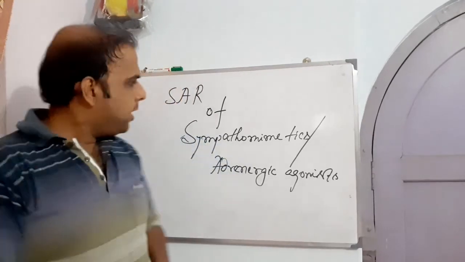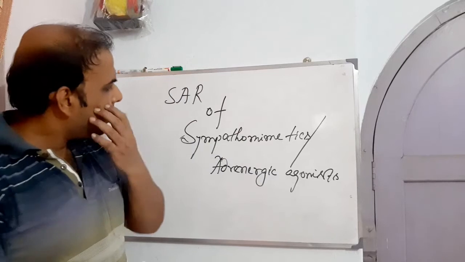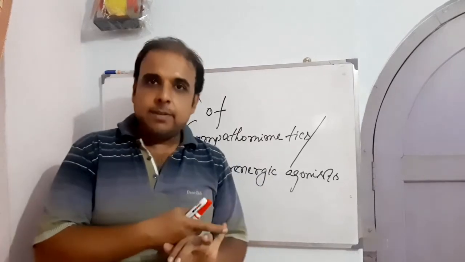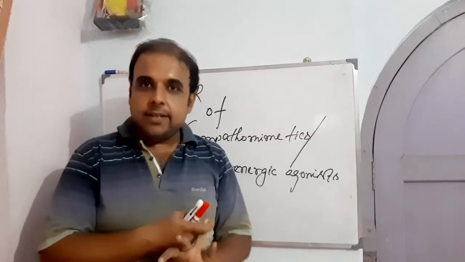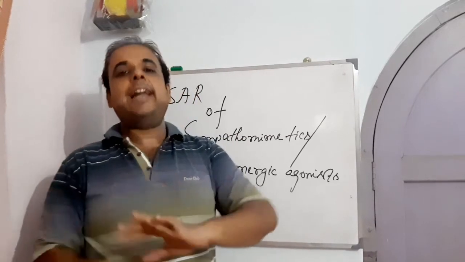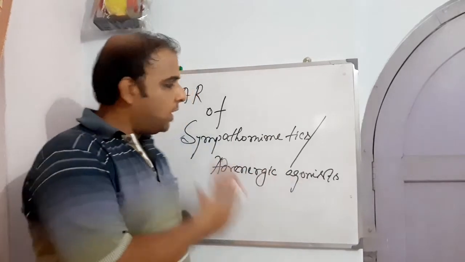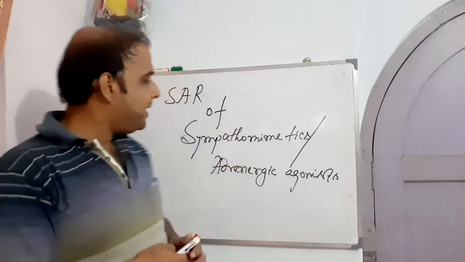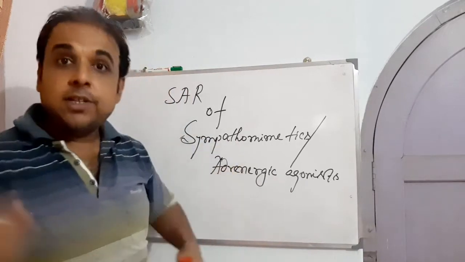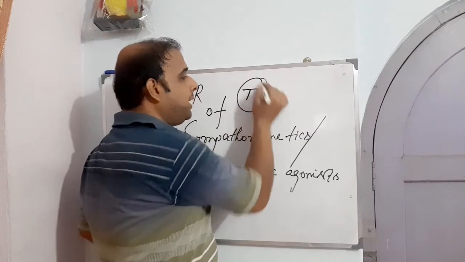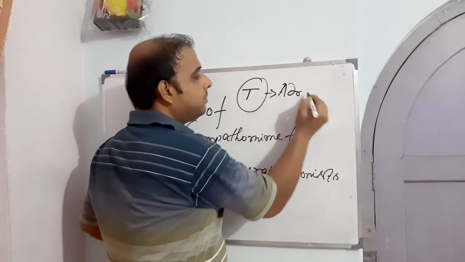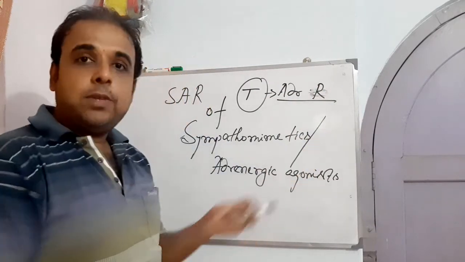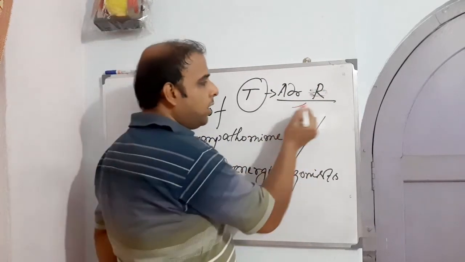Under the sympathetic system we have sympathetic receptors, and as there is a receptor, it should have its primary ligand. Here, as the primary ligand is involved in the nervous system, it is called a neurotransmitter, right? So basically under the sympathetic system, the target is the adrenergic receptor, right?